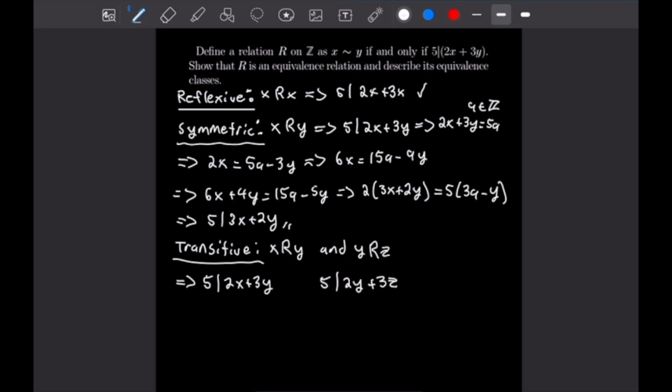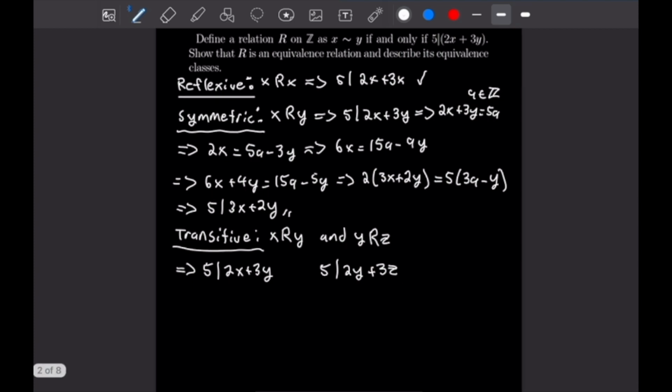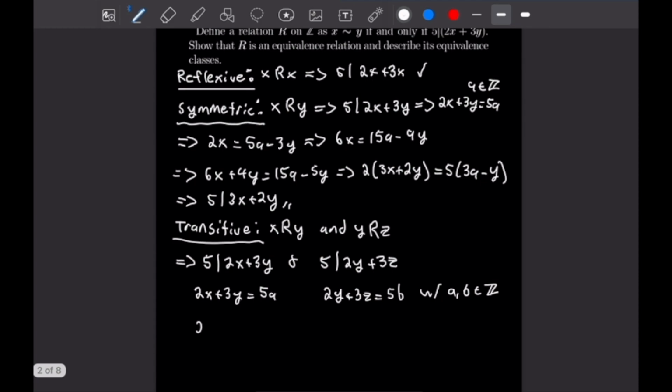Great. And so from here, we are going to do what we did last time. We are going to break this up using the definition of divisibility. So that means we can write 2x plus 3y is equal to 5 times a, and we'll write that 2y plus 3z is equal to 5 times b, and we'll have that a and b are both integers here. Great. So from here, we want to combine these two equations, and we are going to do that in the following way. We are going to add them together. So when we add them together, we're going to get that 2x plus 5y plus 3z is equal to 5a